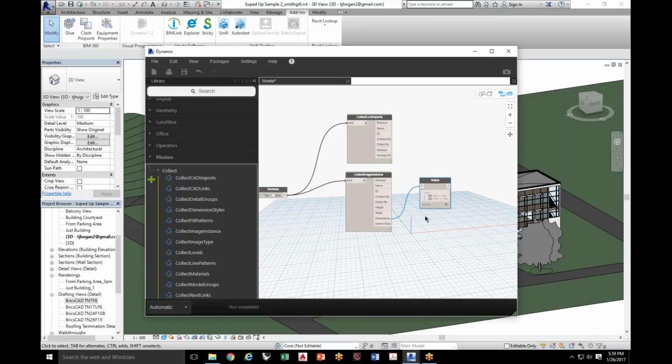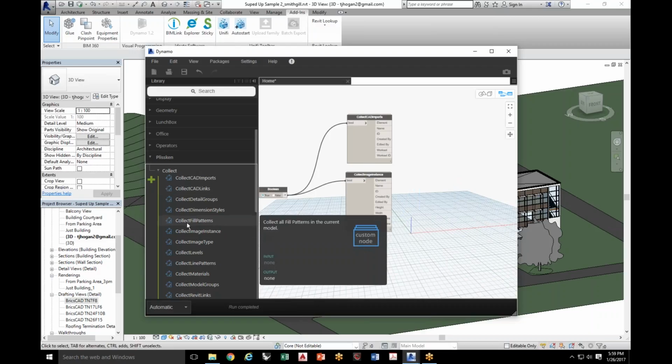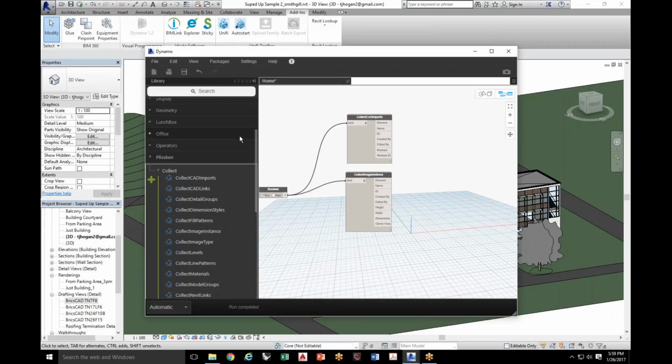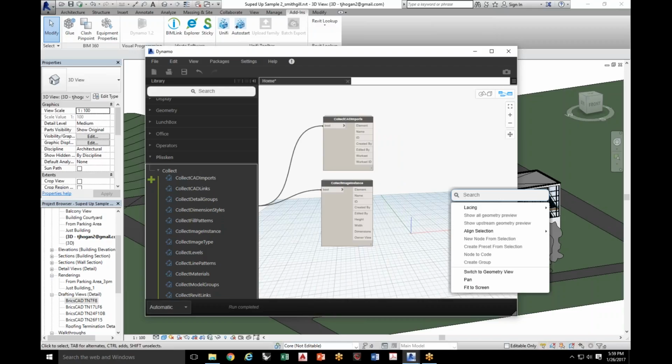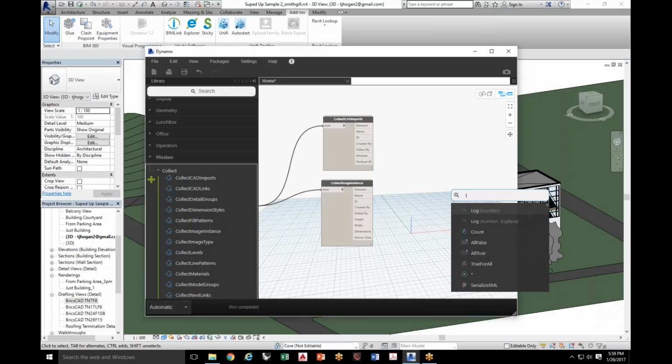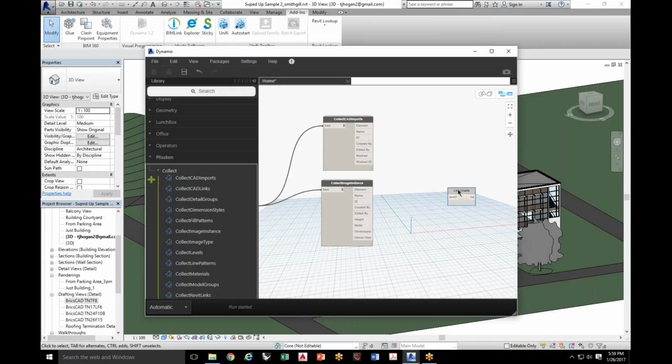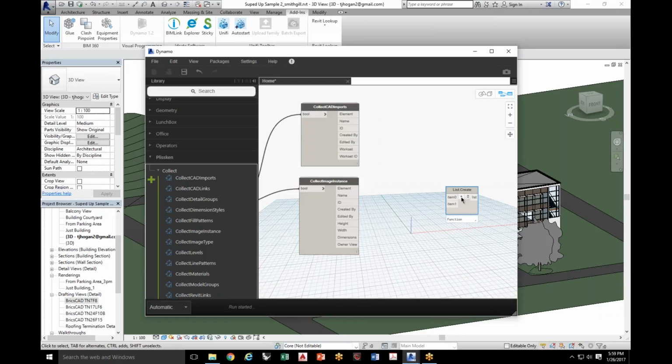So we can take all these different collectors, and I've got a whole file at the end that's already done. I'm not going to make the spaghetti in front of you, but I'm just going to show you the basics. So you would take all of these and do a List.Create, and over here just say we want